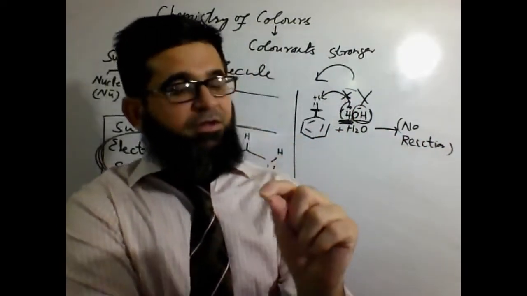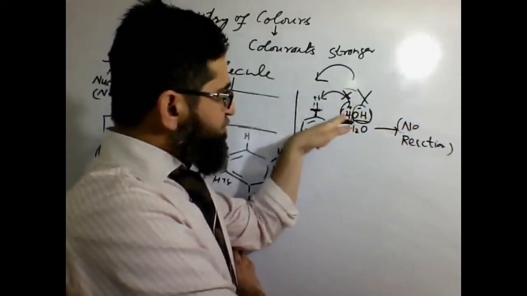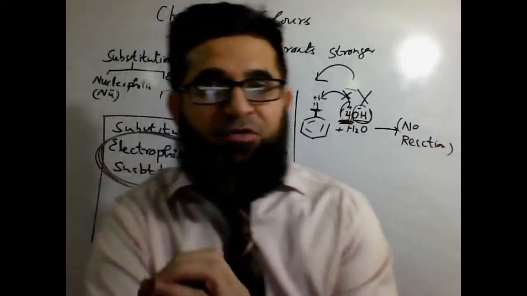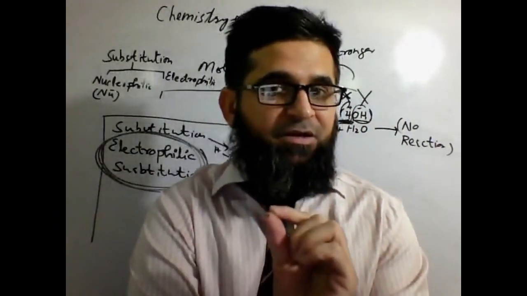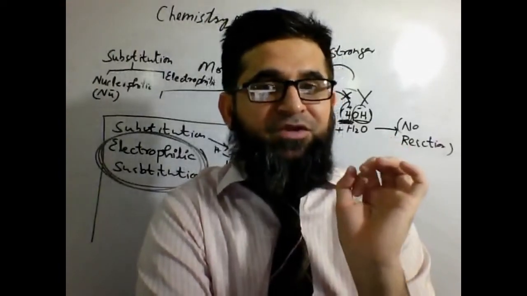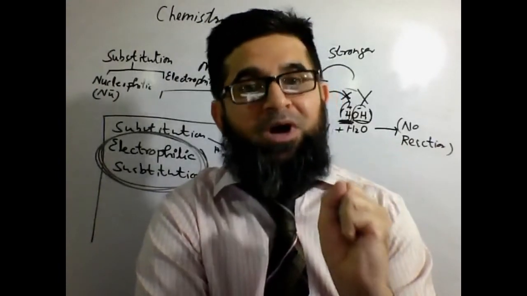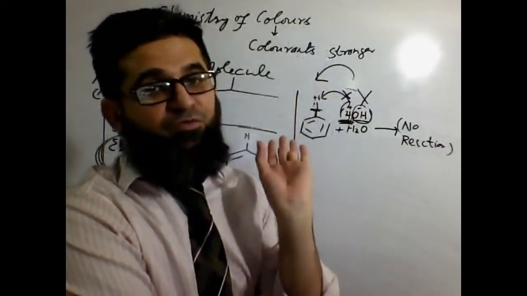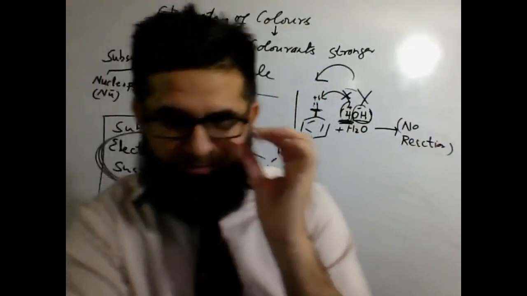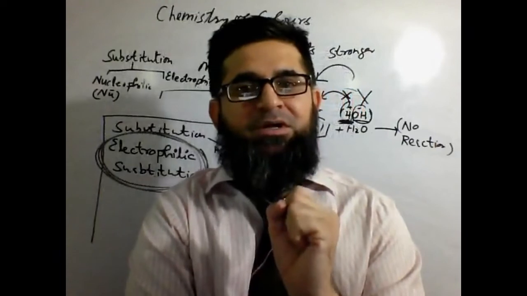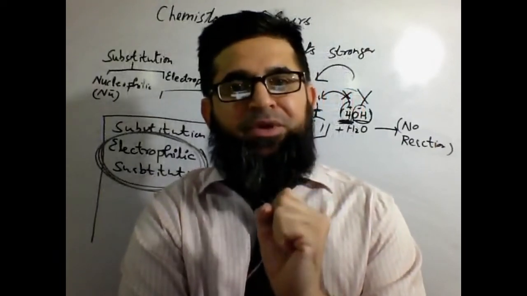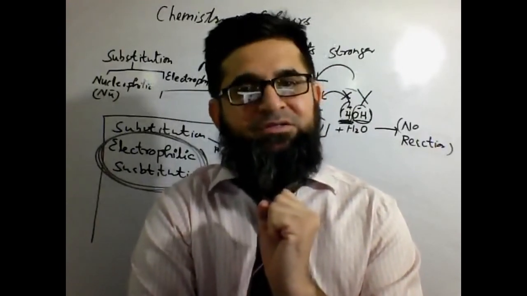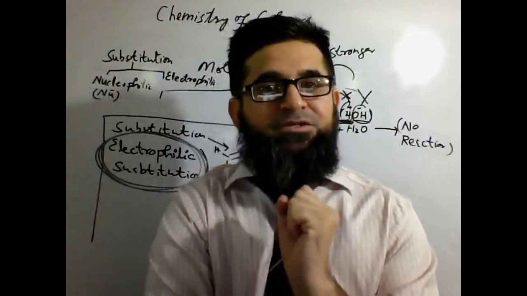Further, the incoming body is supposed to be stronger than the one which is already attached. If the incoming one is weaker, then again there will not be a reaction. So you need to keep that in mind. The one which comes as a reactant has to be more powerful than the one which is already attached. Then the substitution will happen. Otherwise, there won't be any substitution. So substitution reactions also depend upon the strength of the incoming electrophile. If the incoming one is stronger, it can kick out the existing electrophile, and the reaction will be a substitution.